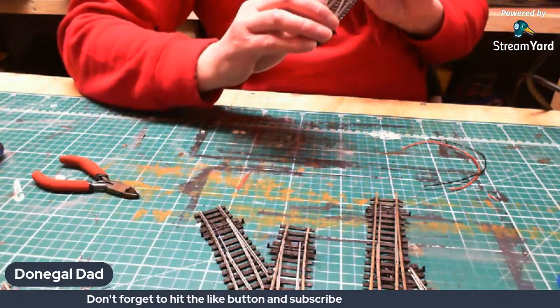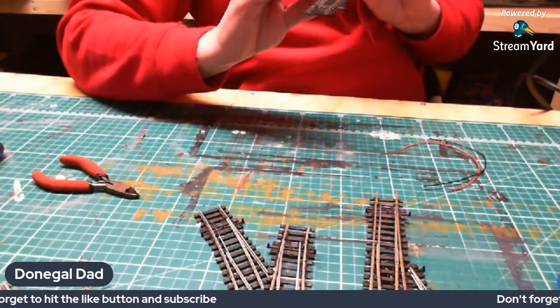Right, so that is going over there. So that will be,